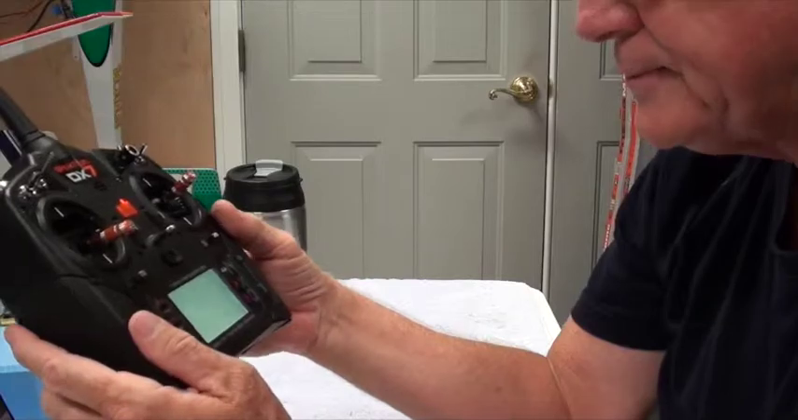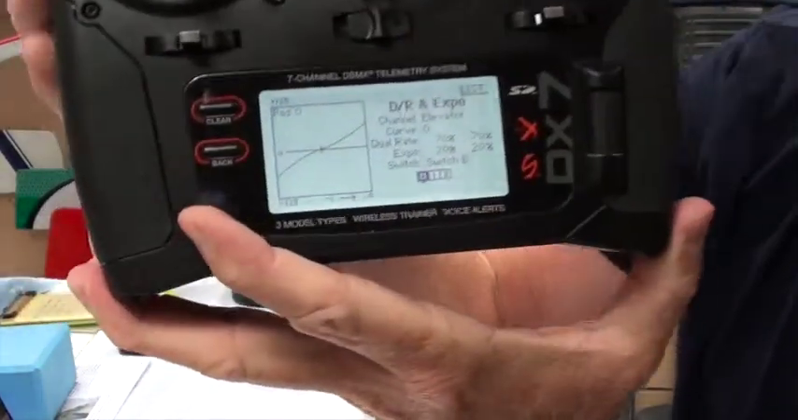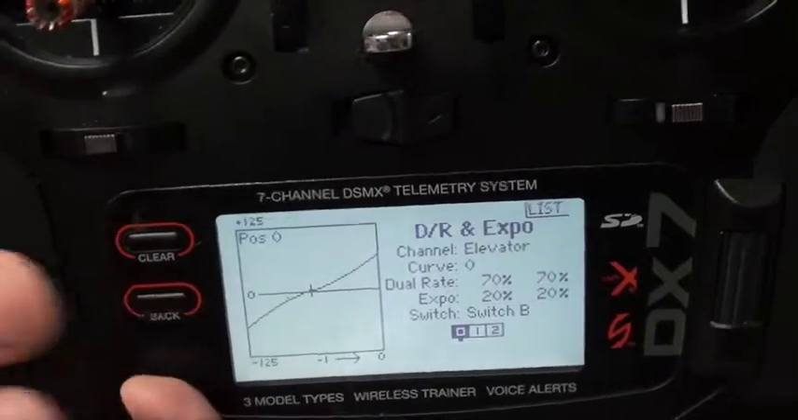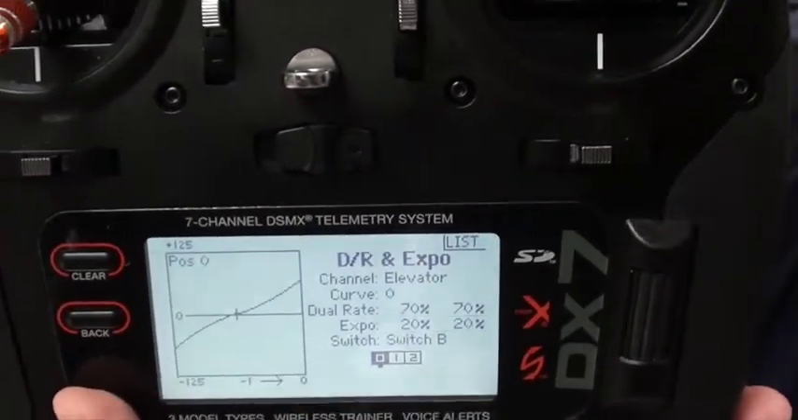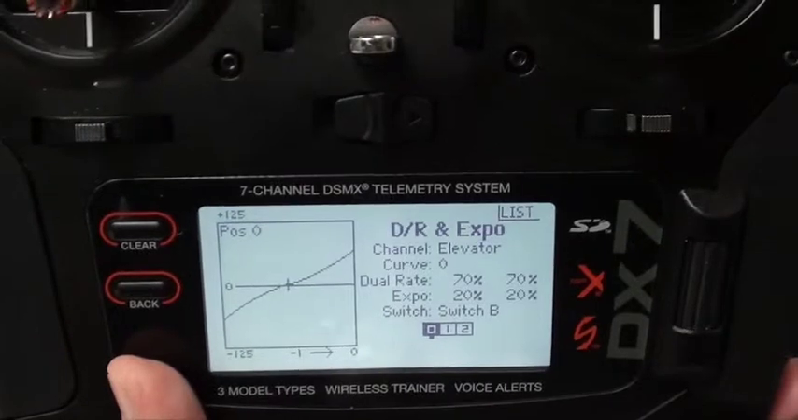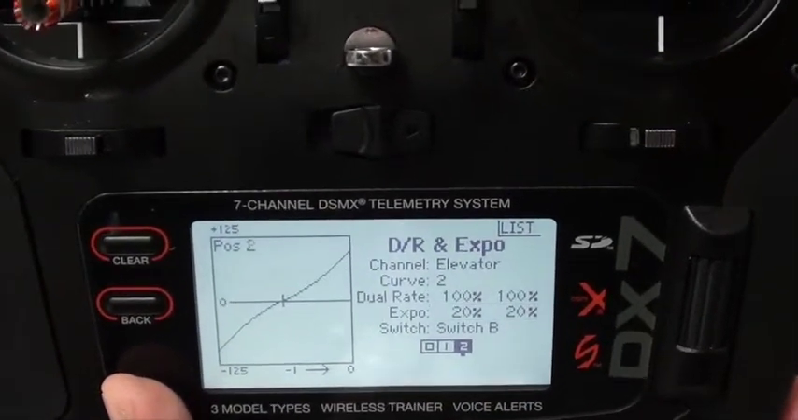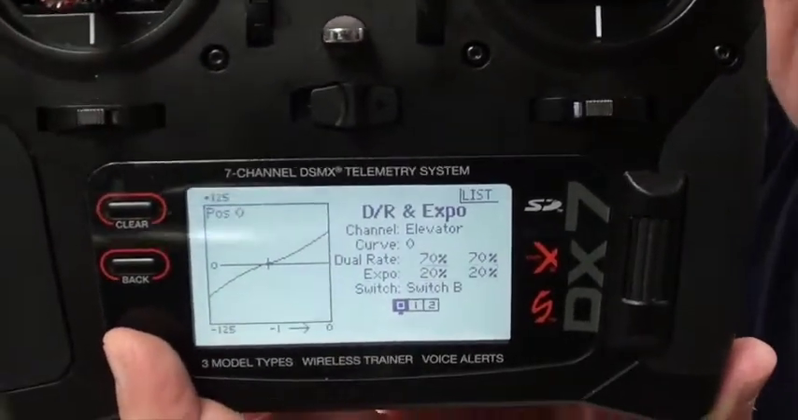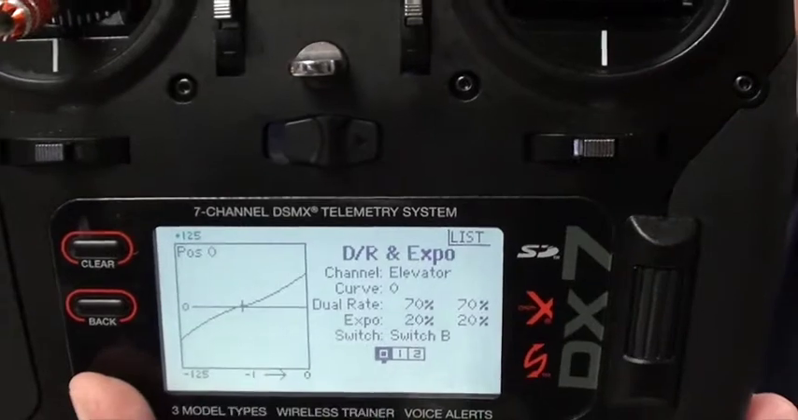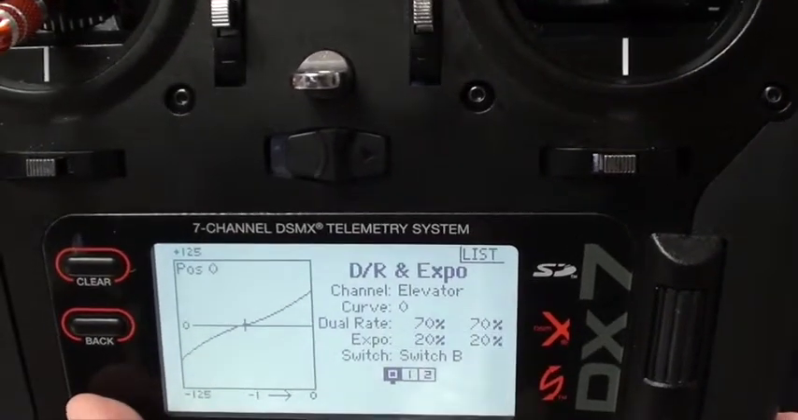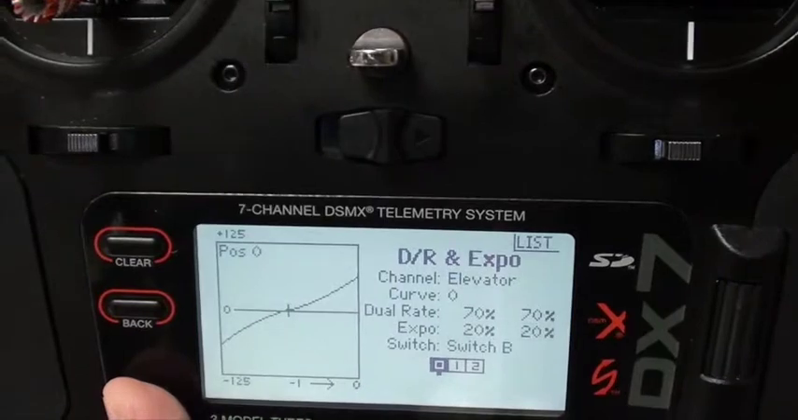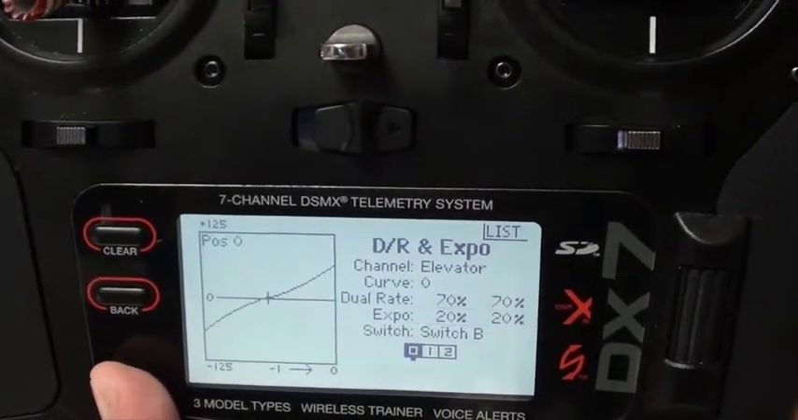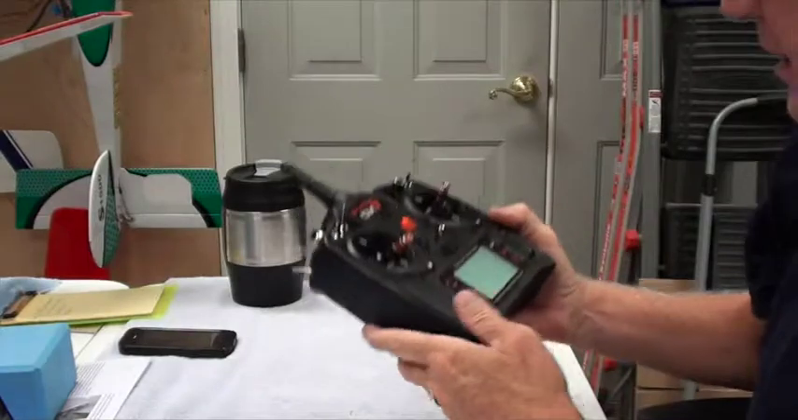So at 20%, remember the end point, the bottom and the top in the exponential curve, never changes. The only thing that changes the end point is when I flip the low, medium, and high rates. But if I move the stick, the exponential says, when you move the stick near the center, it doesn't move as much as when you move it near the edges. So the purpose of Expo is when you're in the center and you just need a little bit of movement,